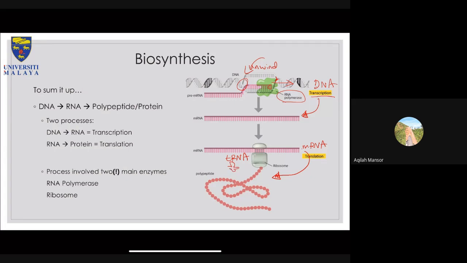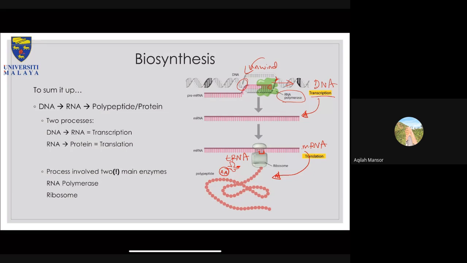Okay, so tRNA has a sequence that can be complementary to the mRNA sequence. At the same time, it carries an amino acid. So this is how protein can be made very, very quickly, very, very specifically, because it is very specific, as we will see in the next slide.